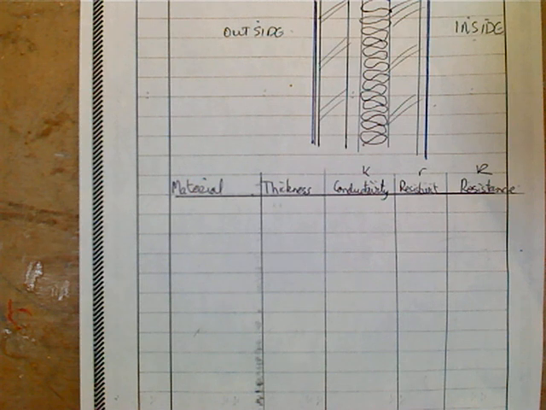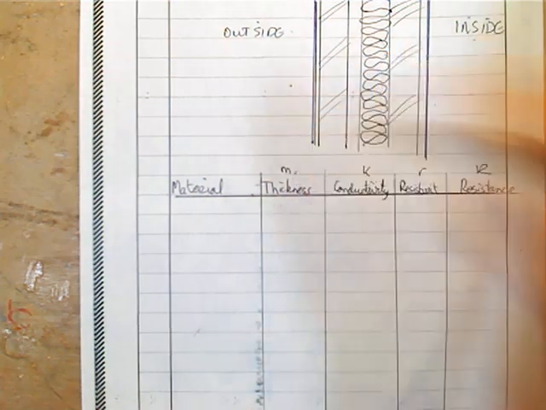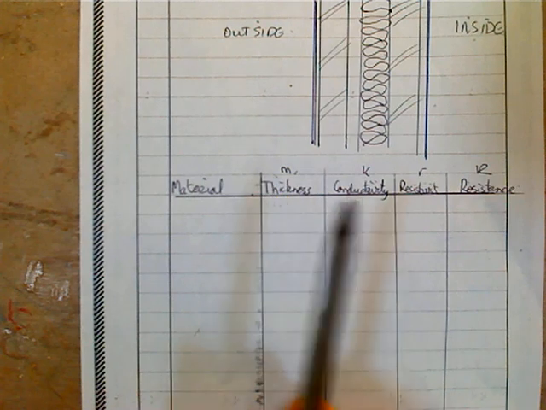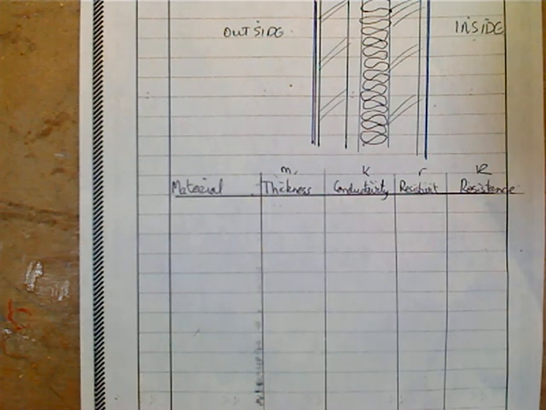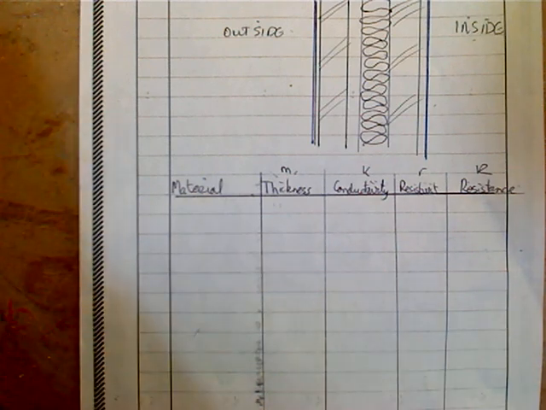So we have our materials here and the thicknesses of them. Remember, when you're doing your thicknesses, you must show the materials, the thickness of them in meters. So you'll see I'll put a little M there above my thickness. So we'll write in the list of materials that we have. So the first one is